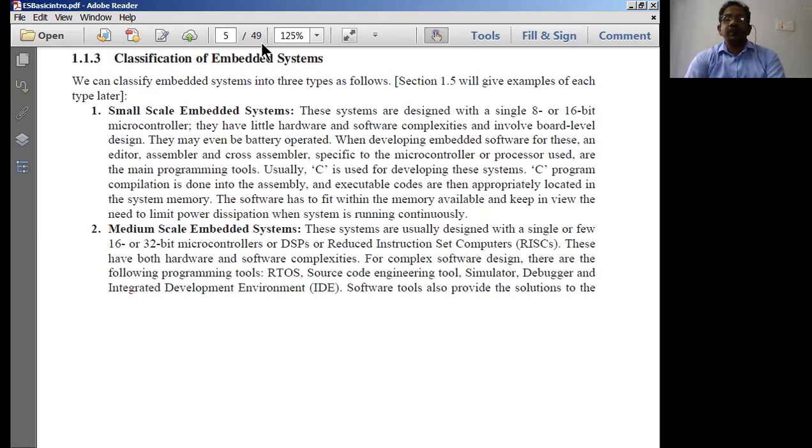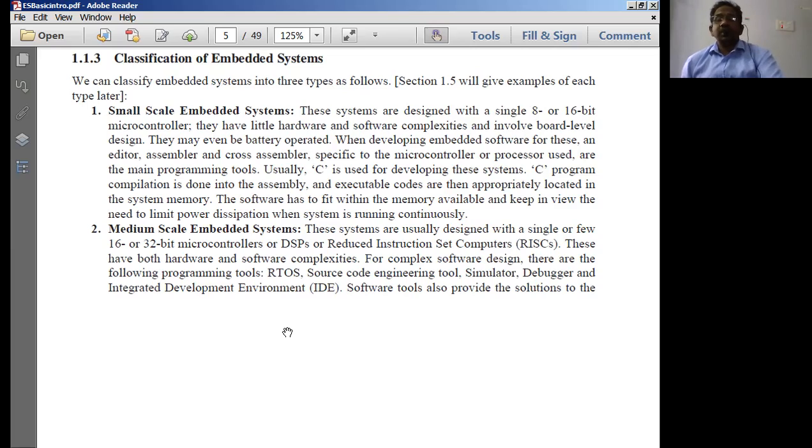Now the software compulsorily has to fit within the limited memory or limited resources available in the microcontroller, because an embedded system is meant for dedicated applications to perform a specific task. It will have tailored memory units and tailored devices. Tailored means customizable devices are used, that is, very limited memory and limited hardware. Therefore the software should compulsorily fit into this particular limited hardware.